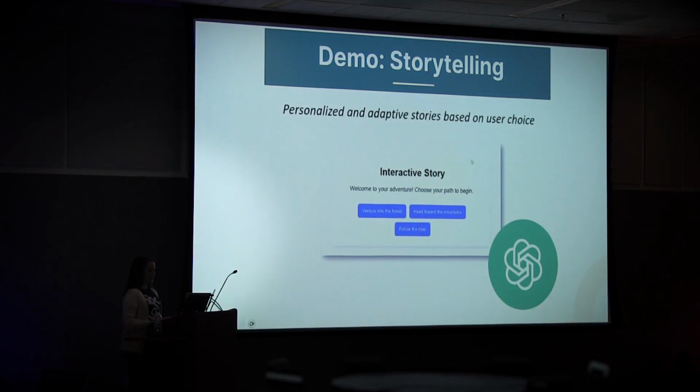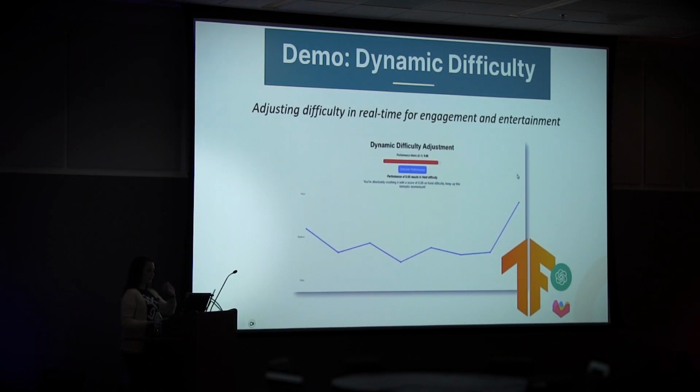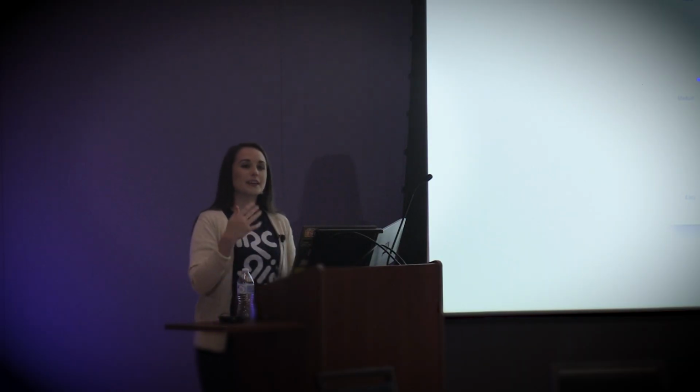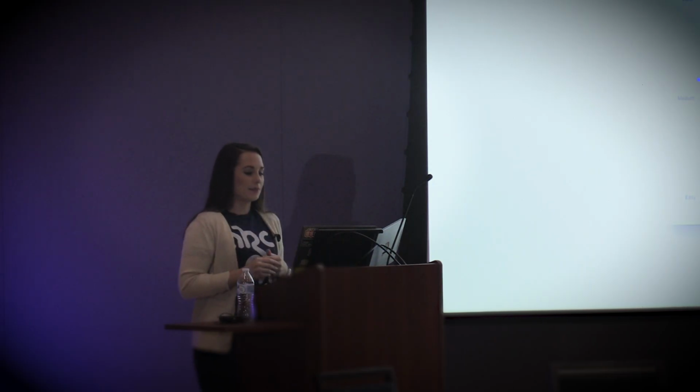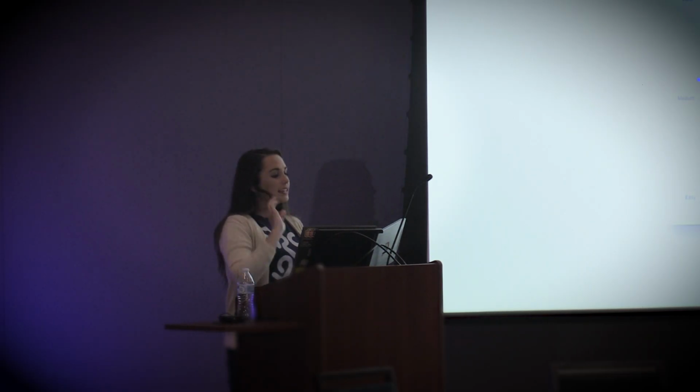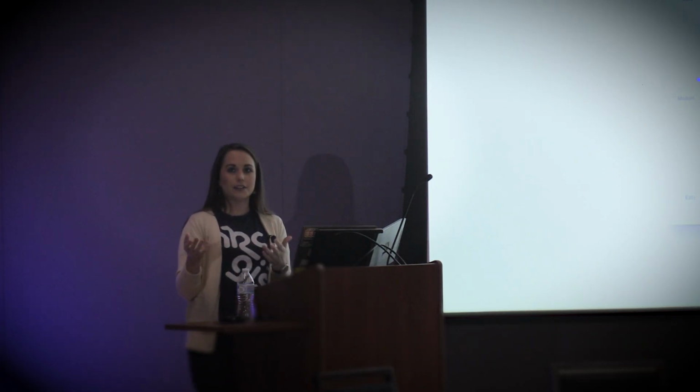All right. Third demo. I've got 5 total. Okay. So this demo showcases how AI can adjust gameplay difficulty on the fly. So it's going to respond to a player's performance. So if a player is performing really, really well, it's going to make the game harder. And if it starts to perform poorly, it'll make it a bit easier, and it'll just kind of go back and forth there.